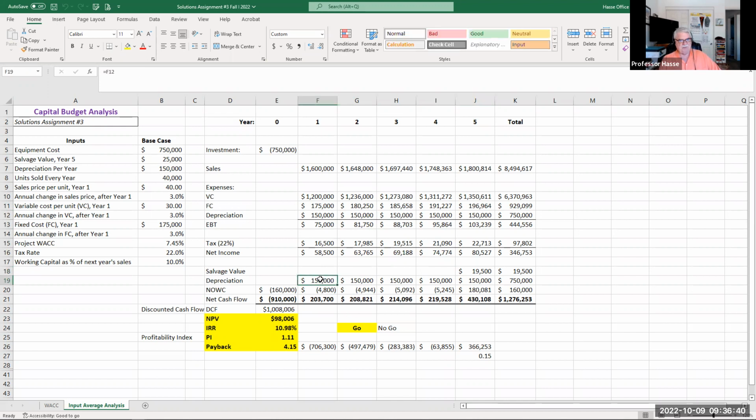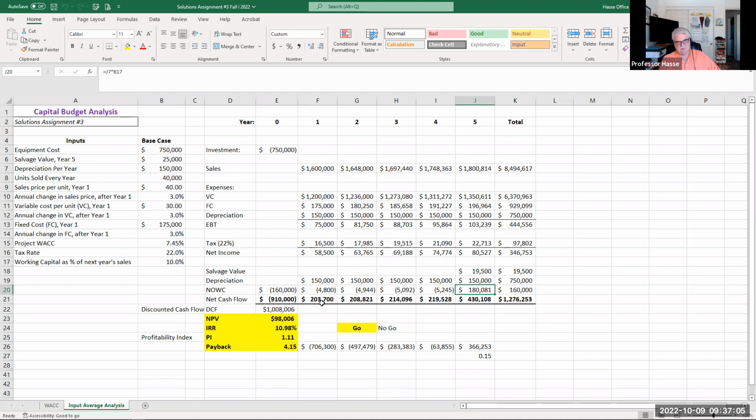The depreciation is added back in as positive cash flow. The net working capital is 10% of the following year's revenue. That 10% is allocated through year 4 and then added all back at the end of year 5 by taking 10% of the year 5 sales. That is positive cash flow, thus netting out to 0 throughout the life of the project.